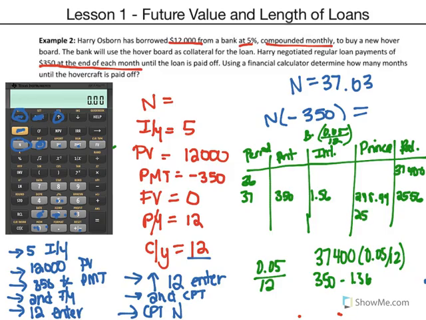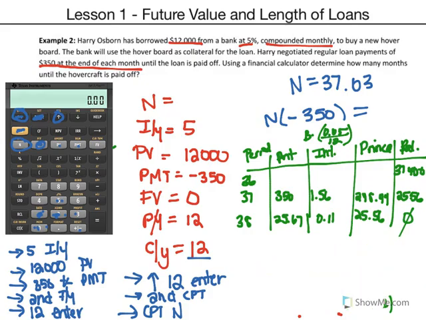so we're going to be making a $25.56 payment on the next one, but we cannot forget the interest. So 25.56 times 0.05 over 12, and you will get 11 cents. So altogether this payment is $25.67. So that's the 38th payment. We don't end up paying all $350. So to figure out how much this loan actually costs, we're going to take 37 times the $350 payments plus one $25.67 payment, and we ended up spending